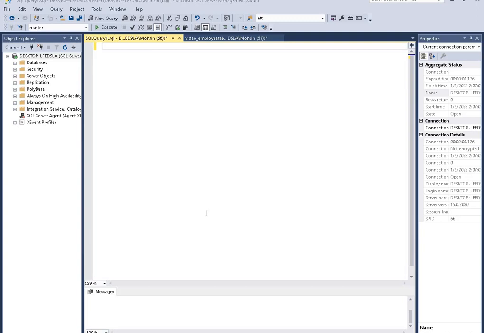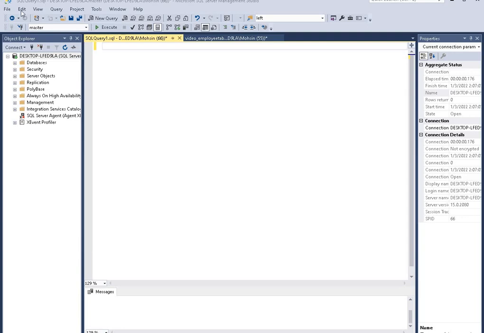In the previous session, we learned what a database and a table are. In today's session, we are going to learn the basic select command. I will share this employee table in the description. It will help you for practice.